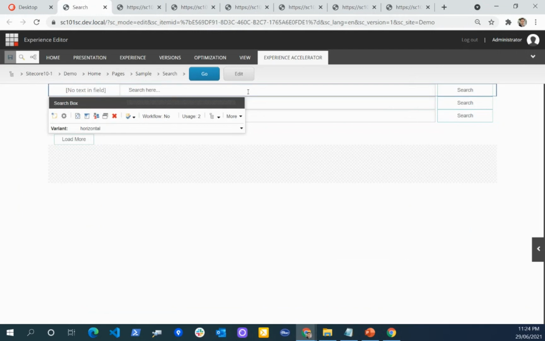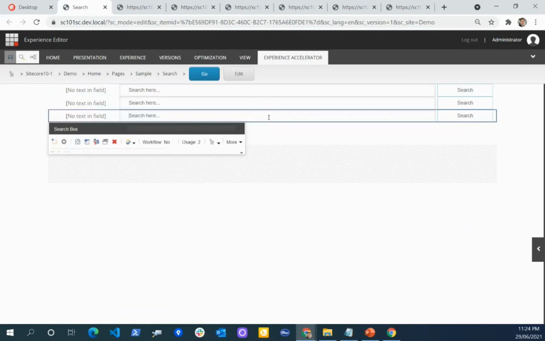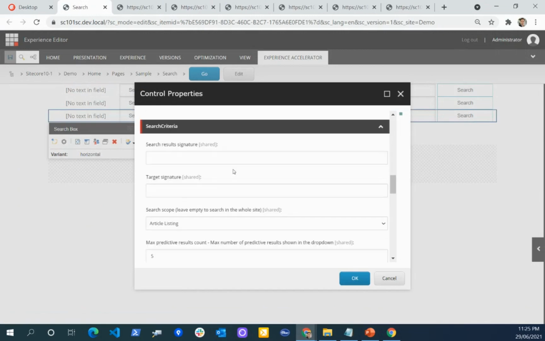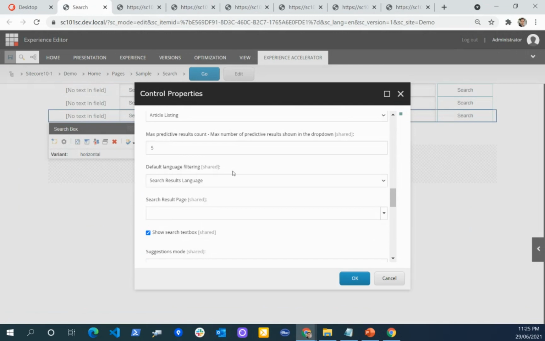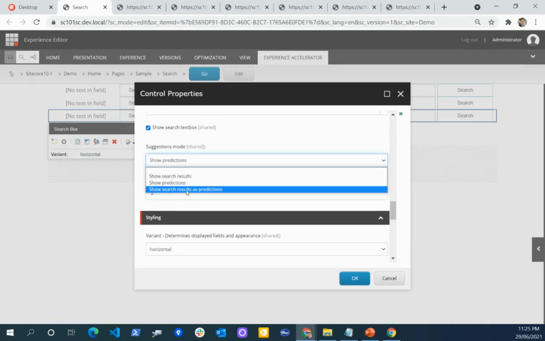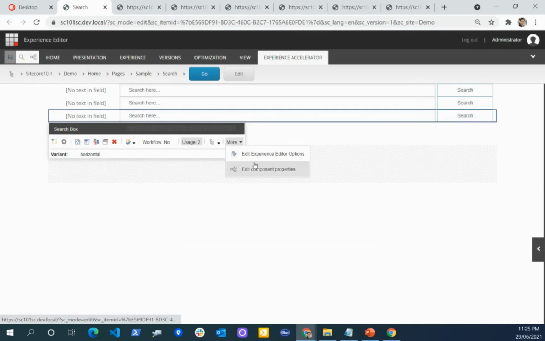Will I get the suggestion, relevancy, spelling correction, highlights, all those things, right? So when we drag and drop the search text box here, it comes with the 3 options. So you can see here, signature, when you have multiple components, you want to combine those items. So I wanted to emphasize here, there are 3 options, right? Search result, predictions. So all 3 options, I created a 3 text here, and just wanted to let you know from here.